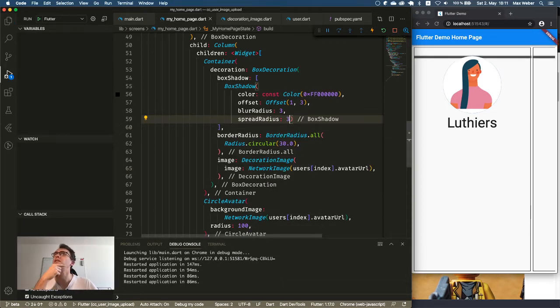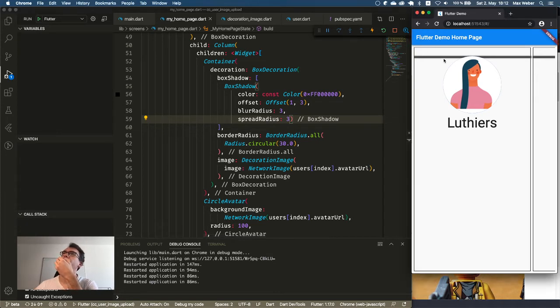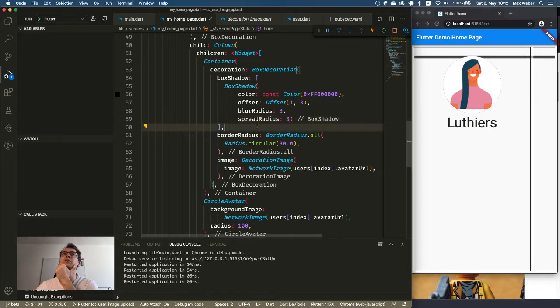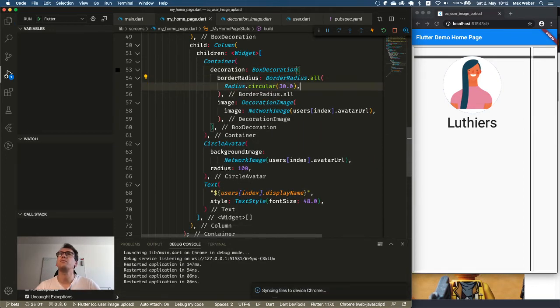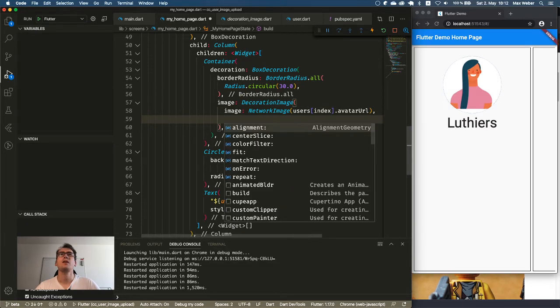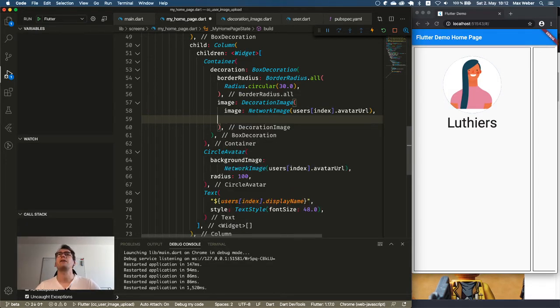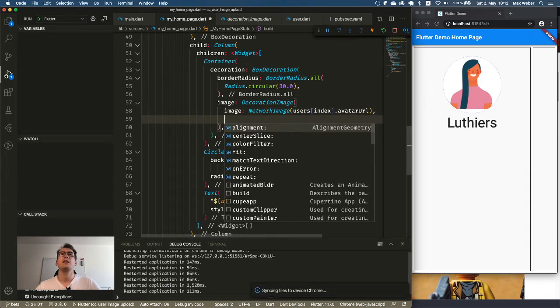Wow, that looks weird. Okay, so we have the shadow, but the shadow is some line somewhere. It's not part of the image. So maybe that was not a good idea or not a good explanation of the box shadow. Do we have something here? No. Okay, but anyway, let's have a look.